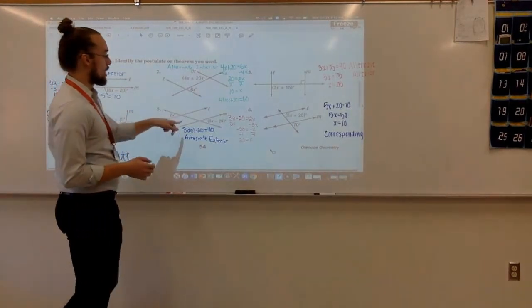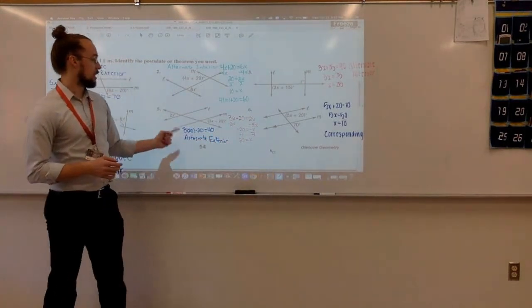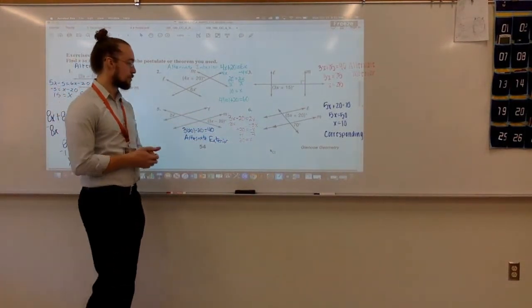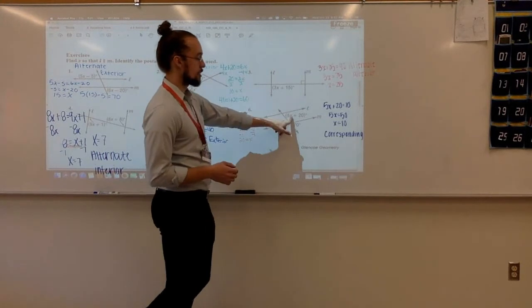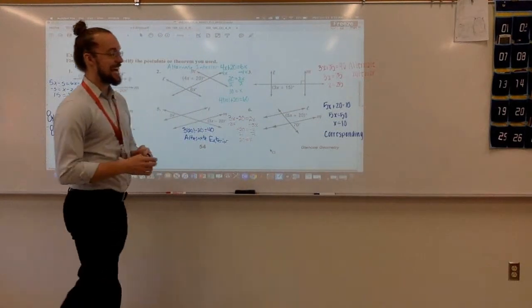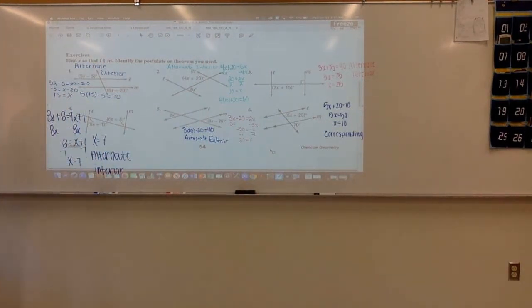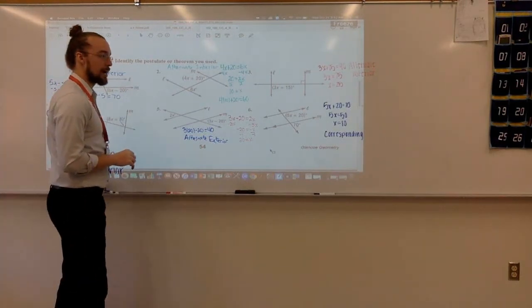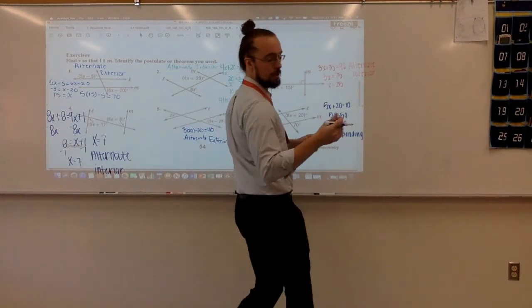For 5, x equals 20. And these are alternate exterior angles. And then finally, number 6, x equals 10. And those are corresponding angles. Any questions? No, we're going to do them back tomorrow. So your homework